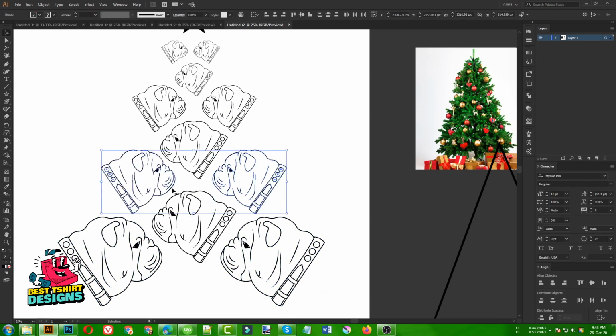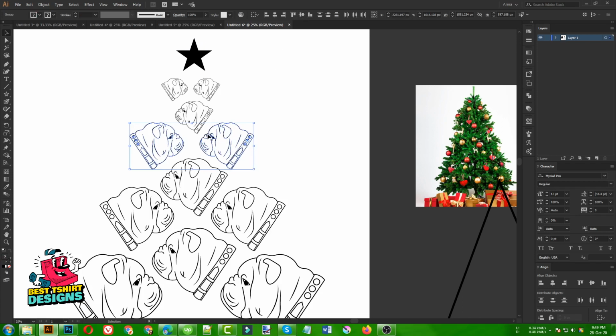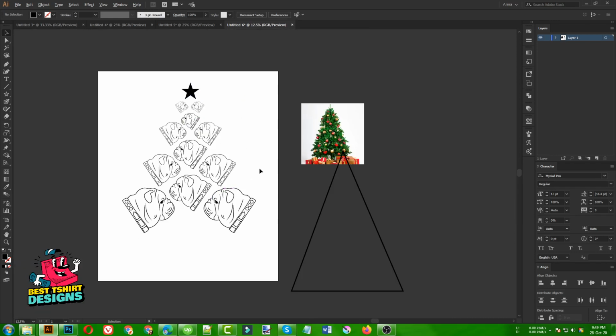Then I need to select these two, and align them with this centerpiece here. So maybe just like this. Okay, I need to align them first of all center wise, that is good. Now maybe just like this. This is up to you guys how you want to represent your design, but I want to keep everything in the center position, just like that. So that is good for me, I think. Now maybe this one I can bring a bit down like that. Then these two again I am going to select, and align them with the center position like this, that is good for me. Now I need to place it like that. Okay, so this is the final design for us.